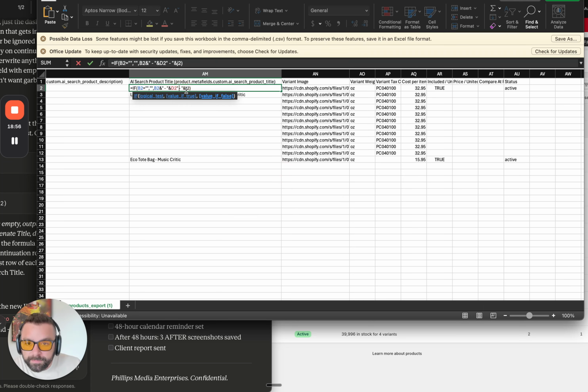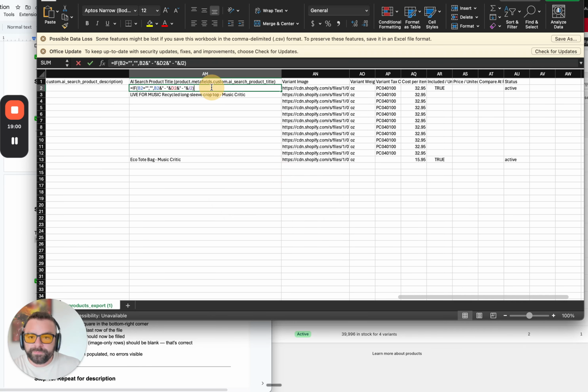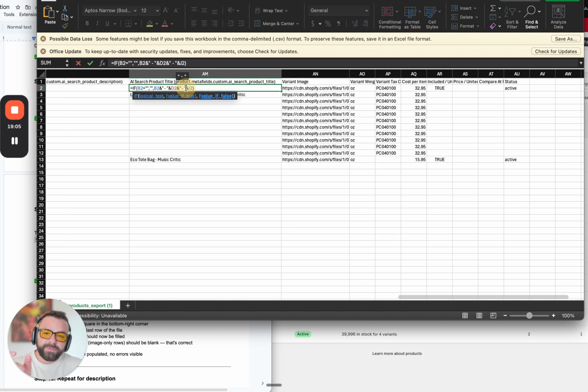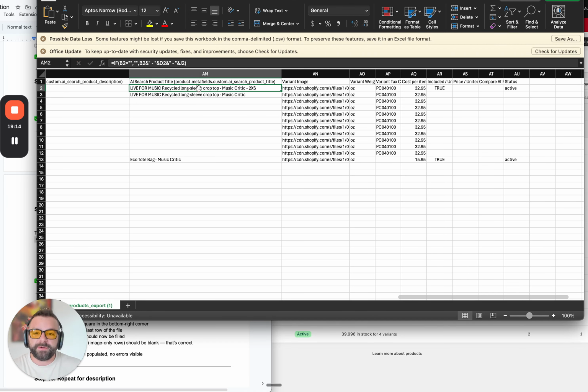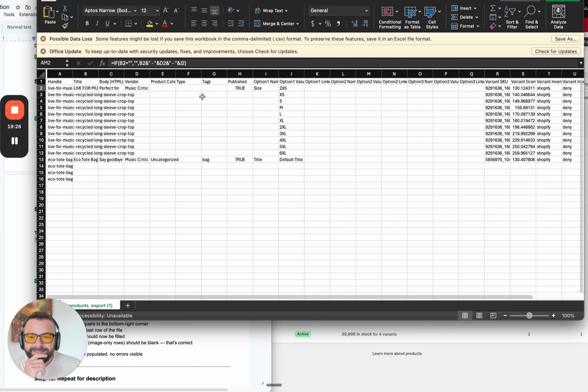Oh, yeah, great. All right, we'll work out there. So this middle section basically puts a dash in between, and then it adds an extra one on the end. Okay, so hopefully that makes sense from that point of view. Cool. Anyway, what I'm basically doing on here is pulling in the title, the vendor name, and then the size of that particular shirt. Okay, so if I drag this down,